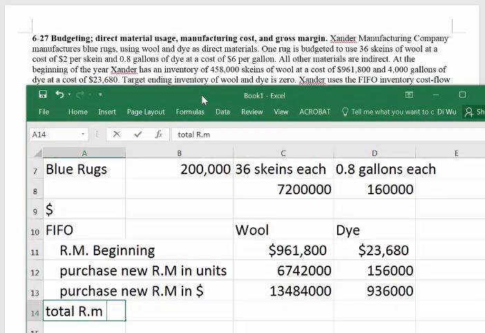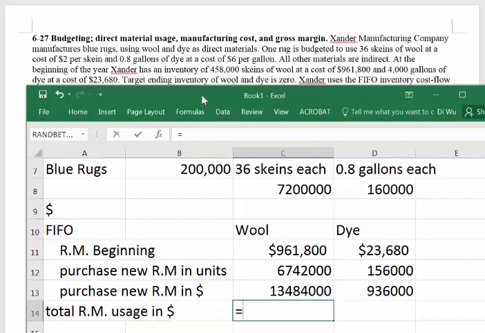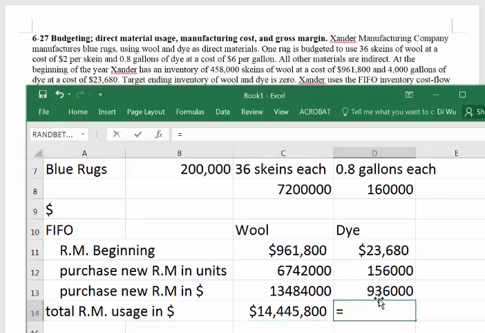So the total raw materials usage in dollar amount is going to be, you add the purchase of new raw materials in dollars to your beginning inventory dollar amount. Okay, so same for the dye and the wool. So we put all these numbers together. So the final answer will be